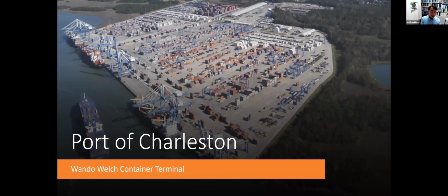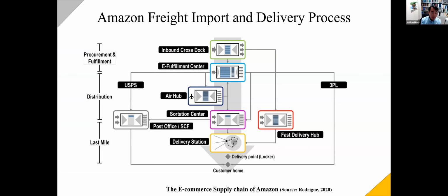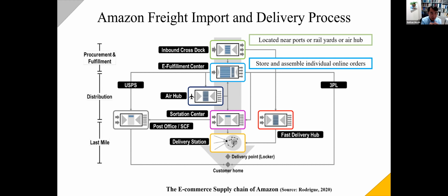Next slide. When it gets to the Port of Charleston, it will end up at this terminal right here called Wando Welch Container Terminal, and this is where the containers get unloaded from the ship, get stored in the container yard, and then at some point it will get picked up by a truck. Okay, and so I'm just going to walk you through the Amazon process. The container will then get picked up by a truck